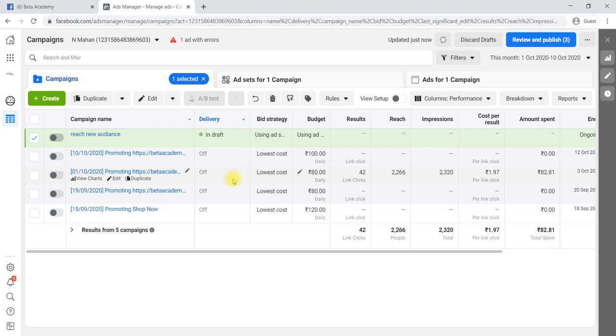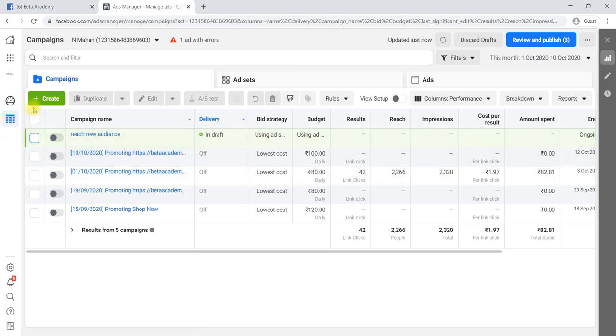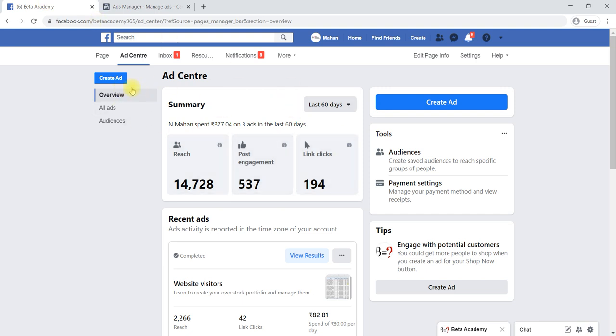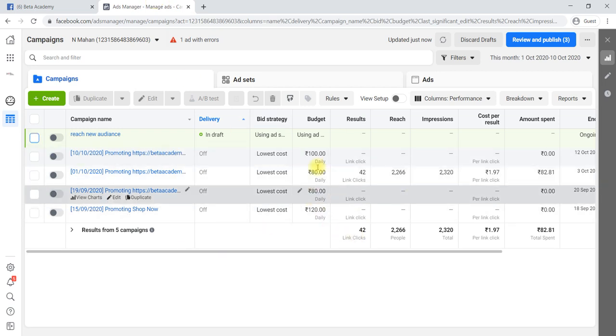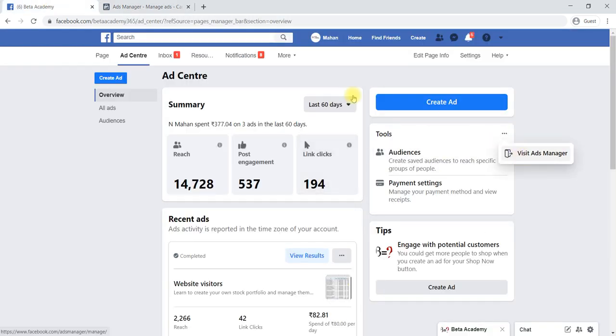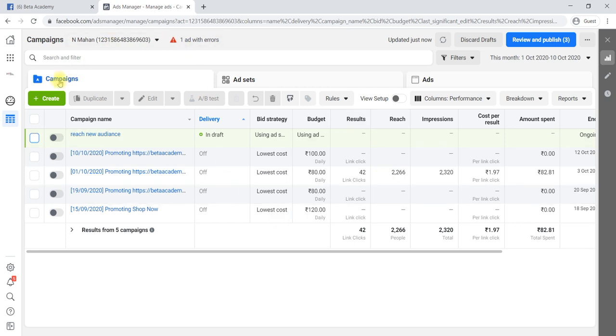Okay, so like this we can create ads through your ad manager also. You can create it here itself. It will be very easy if you are creating an ad here itself. If you would like to have much more advanced settings, then we can come back to the ad manager by clicking here. Okay, ad manager. Here you can create a campaign, ads and ad sets together. Once you have created it, it will be published here itself and it will start running your ad. Okay, this is about how to create an ad by using the ad manager.